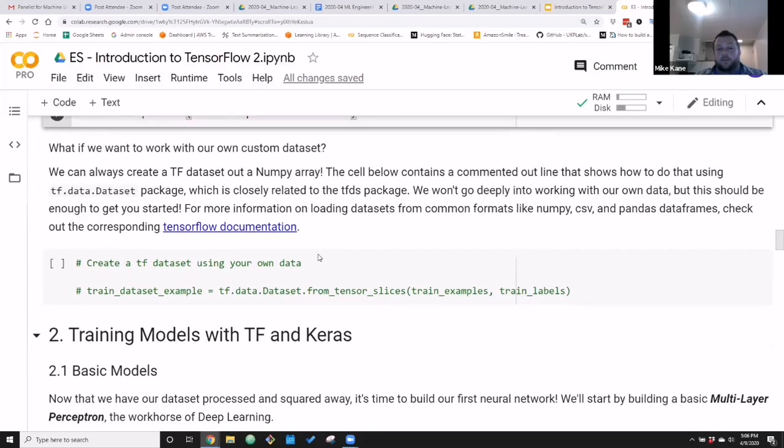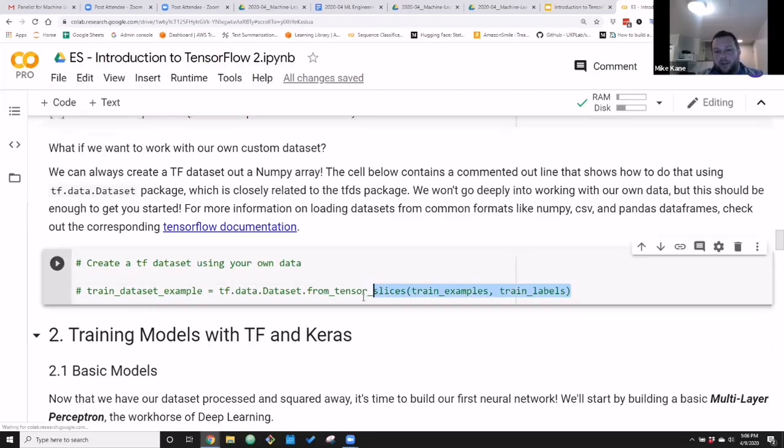Now, you might be wondering, okay, this is great, but Mike, I want to build a neural network, or I want to use TensorFlow datasets to work with data that I have. It's not in their big, long list of stuff. How do I do that? So I've gone ahead, because that's such a common question, and included some sample code. There's TensorFlow datasets, which is the library, and then there's the data module, which is inside TensorFlow. So tf.data, the Dataset object, right?